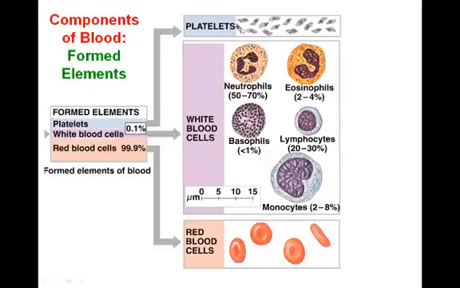And up top here, you see the formed elements known as platelets. They don't look like a typical cell. They don't have a nucleus inside. They're just little bags of cytoplasm with a little cell membrane around them. And in their cytoplasm, they contain components that are necessary for blood clotting.